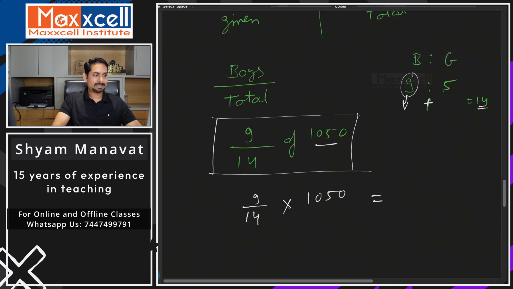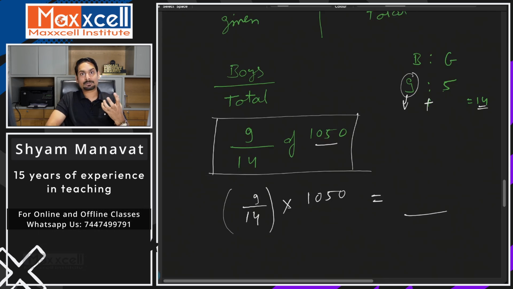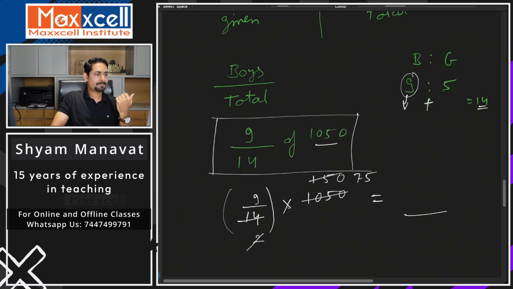If you multiply the ratio with the actual number, the outcome will also be an actual value. So 9 by 14, if you divide 1050 by 14, let's divide by 7, 150 and 2, and here it is 75. So 9 into 75,